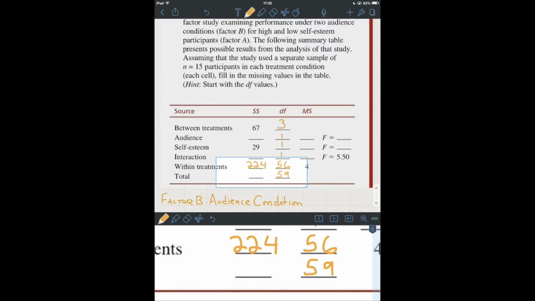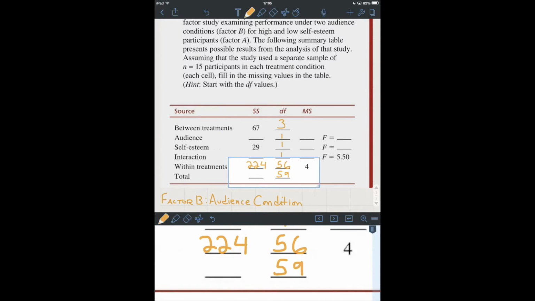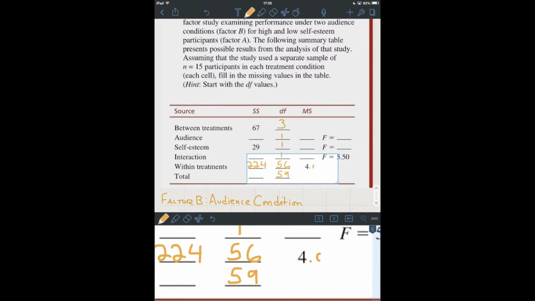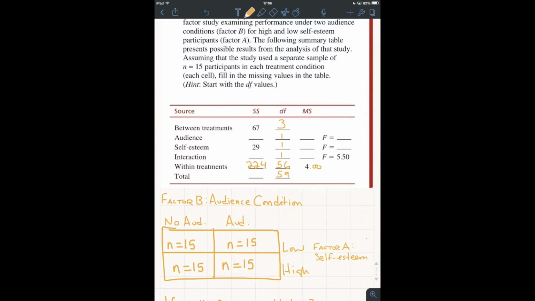224. You can also double check, 224 divided by 56 should equal 4. And I'll add 2 decimal places for the MS values, 4.00. And then the next one we can do is the interaction. So we're given the F value for the interaction, and we have the degrees of freedom. So all we need to do is find MS interaction,